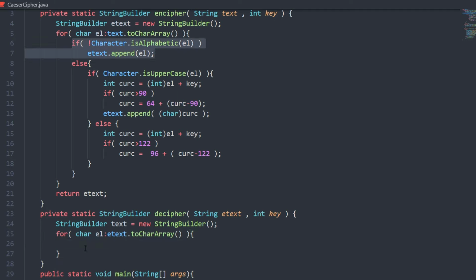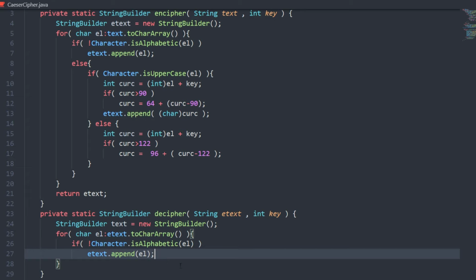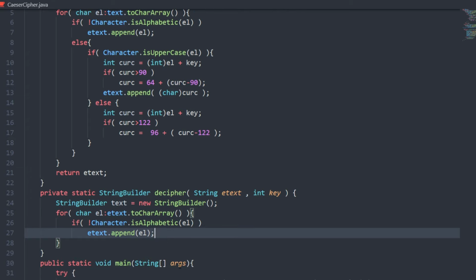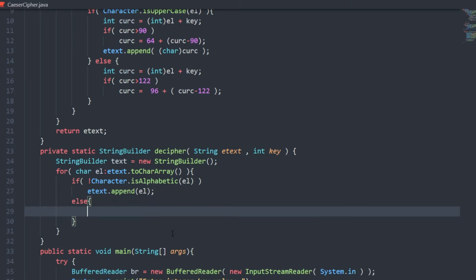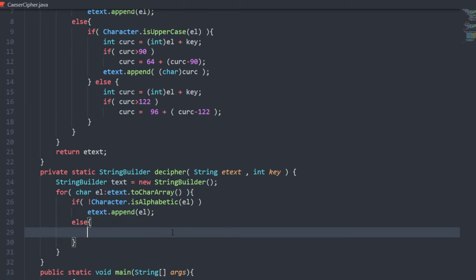So we can just copy this from here to here. If our current character is not an alphabetic character, we can just append it because we do not have to encrypt it.